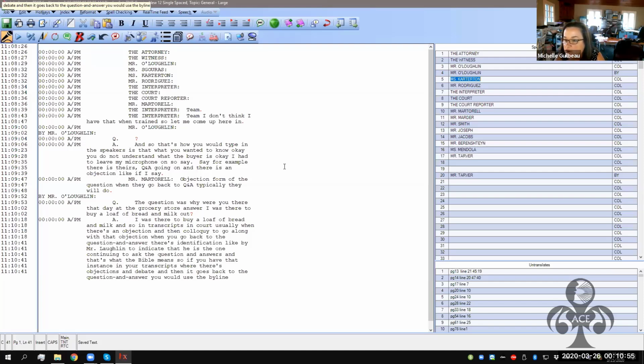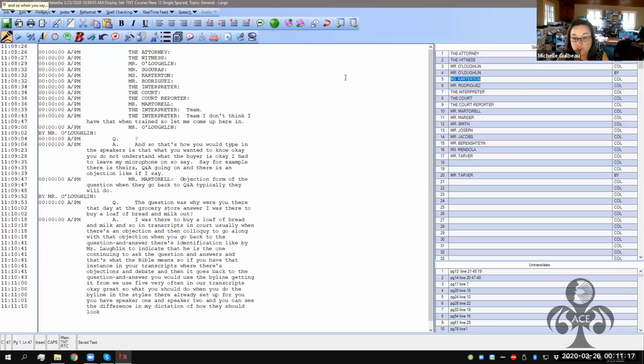Just don't understand where you were getting it from. We use "by" very often in our transcripts. Okay, great. So what you should do when you do the byline, in the styles, they're already set up for you. You have speaker 1 and speaker 2, and you can see the difference in my dictation of how they should look. And so when you set up your speakers, you should set them up